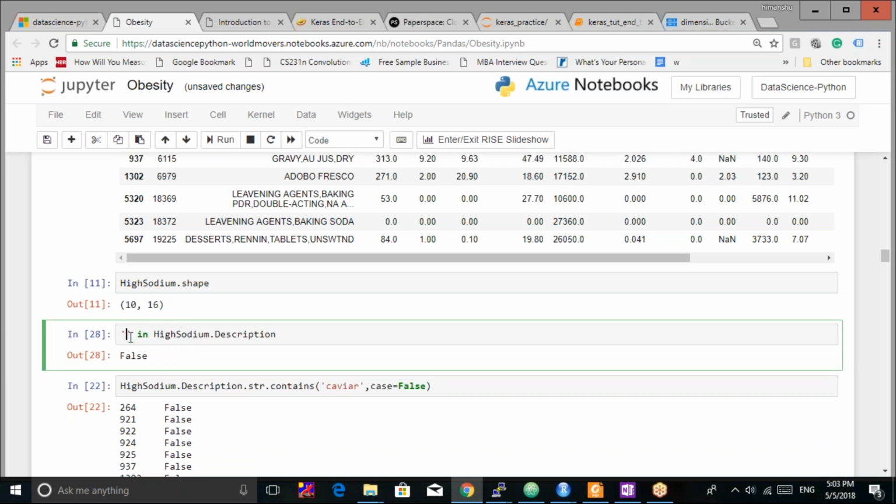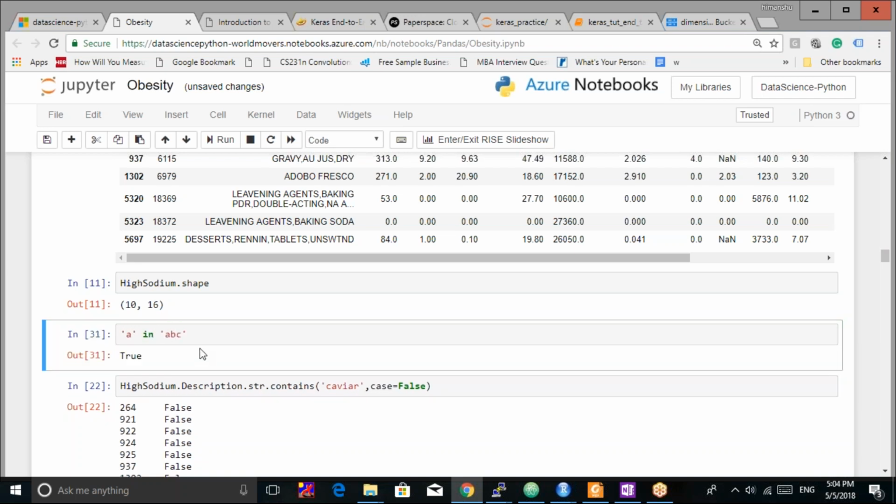It should work, right? Yes, it should work actually. No. So if I have this A in